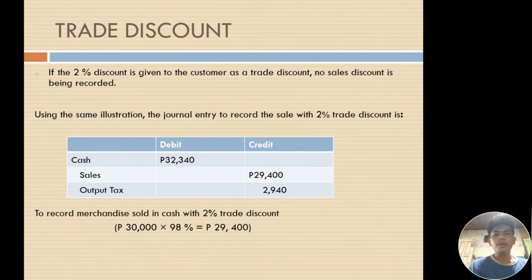Trade discount. If the 2% is given to the customer as a trade discount, no sales discount is being recorded. Using the illustration, the journal entry to record sales with 2% discount is cash in debit 32,340 pesos, sales in credit 29,400 pesos, output tax is 2,940. To record merchandise sold in cash with 2% trade discount,